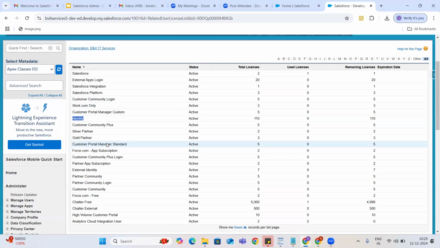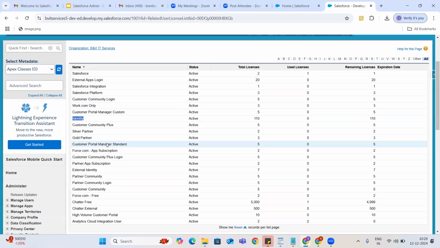They are just going to use my configurations which are already configured by these four members. So in that case, I am going to create them as identity users. Why? Because the identity user license is very cheap compared to all the other licenses.